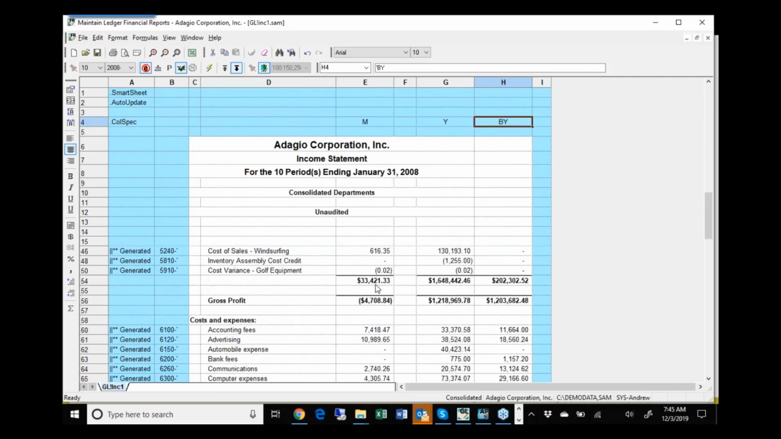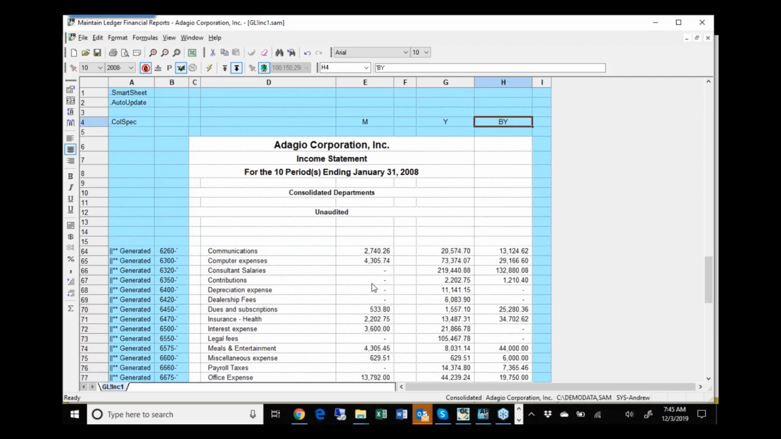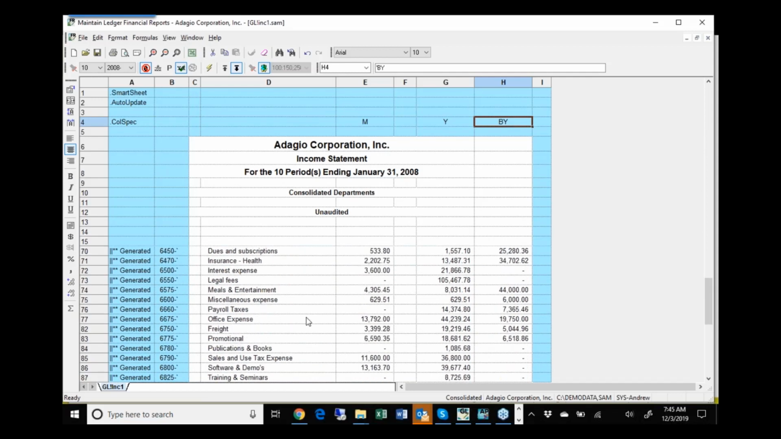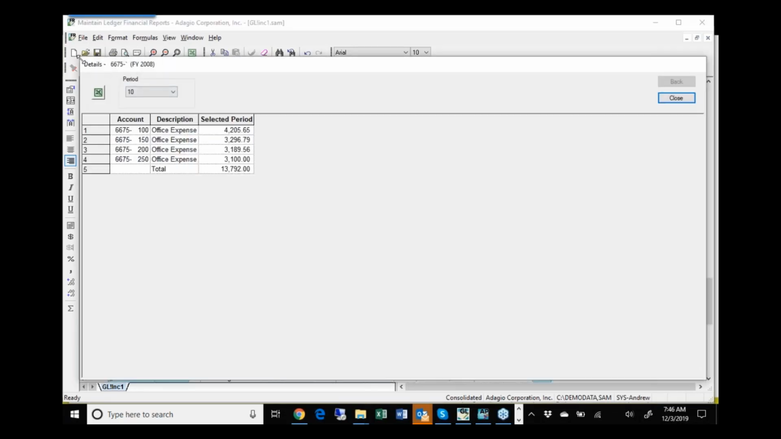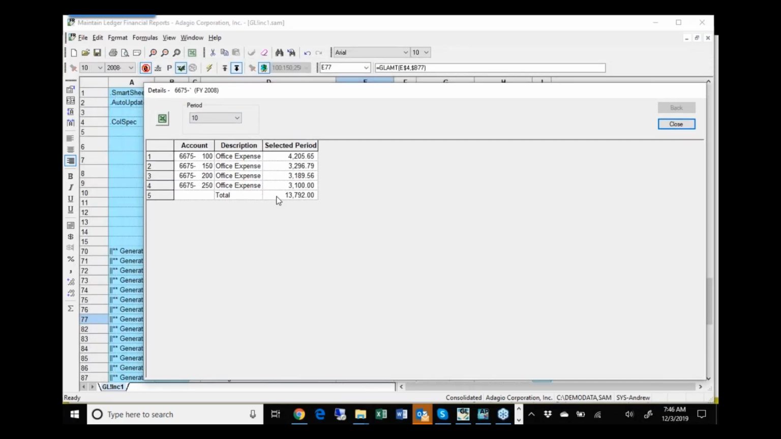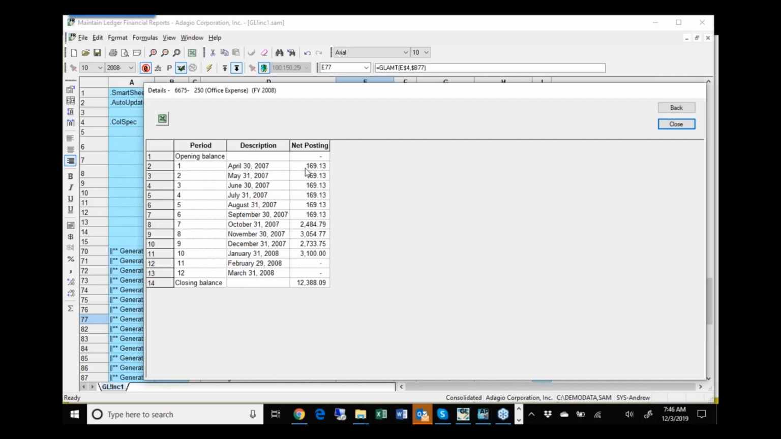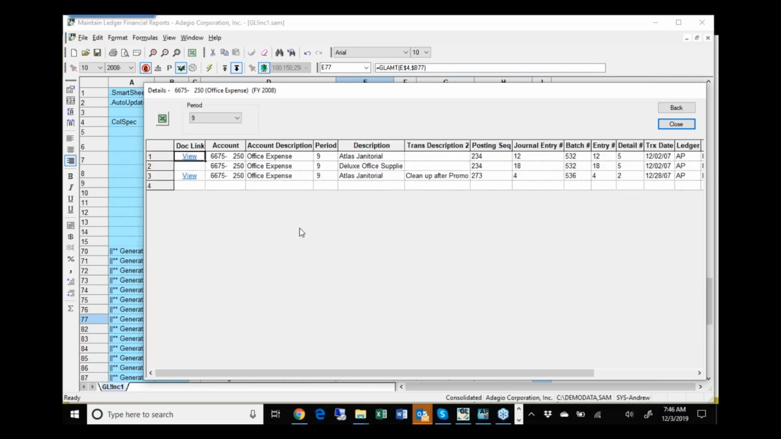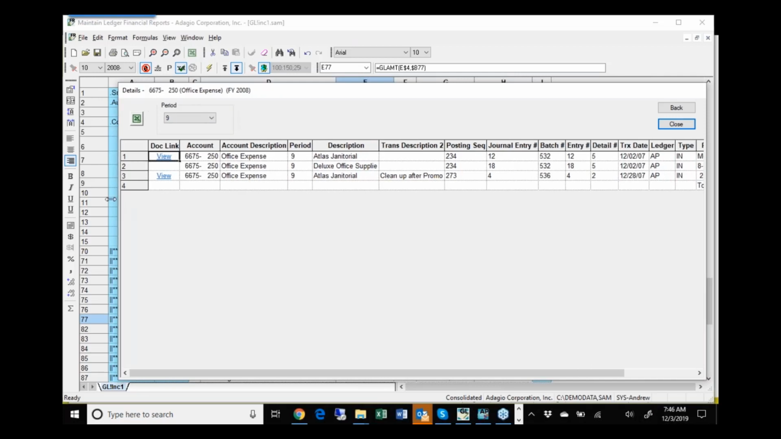The other interesting thing in the financial reporter is when you're looking at a particular number on the financial statement, you can double click and see all the accounts and departments that were summed to get you to a particular value, the value that was displayed on the statement. And then you can drill down to an account department and see what has been posted throughout the fiscal year. And then you can double click on a particular period and see the transactions that have been posted into the GL